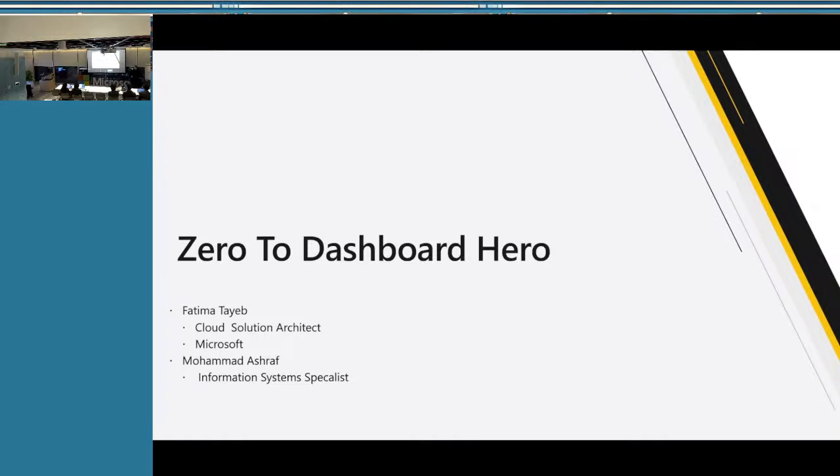But anyways, welcome to the last session of our Power BI series from Zero to Dashboard Hero. I know we're over-promising a little bit. It's great if you feel like you are a hero in Power BI. But the goal by the end of today's session is that you're even more comfortable with Power BI specifically. Let me actually test someone. What are we going to cover today?